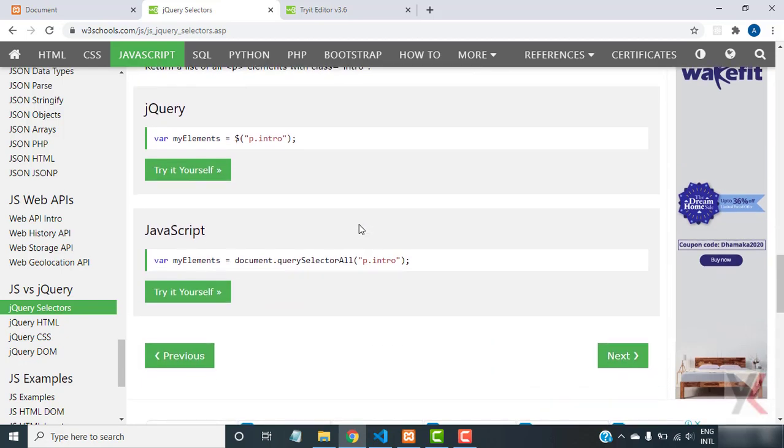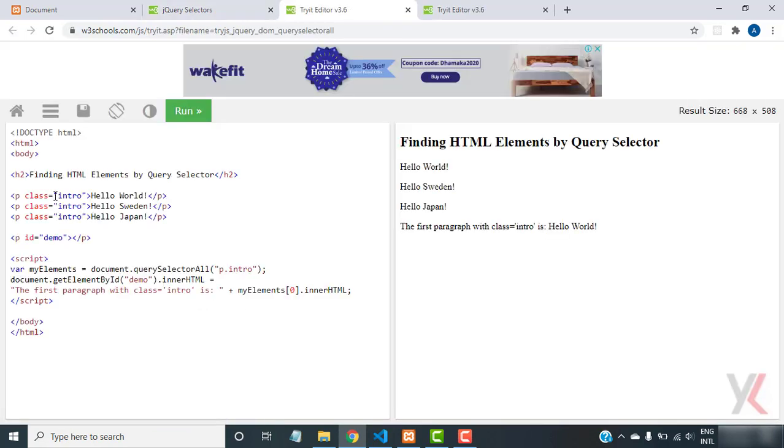Suppose we have more than one class, meaning we have the same name for more than one class. So here you can see we have three classes of the same name, intro, and all are in the p tag. Okay, so how can we differentiate that? We can first target the p tag, then the intro. If it is a different tag, h1 or h2, like this, so you can target this